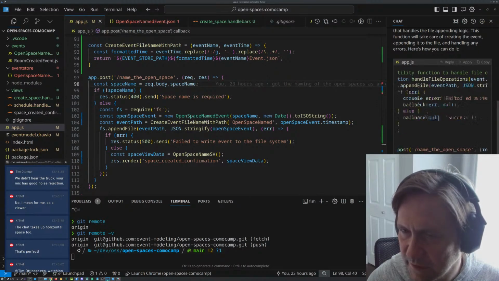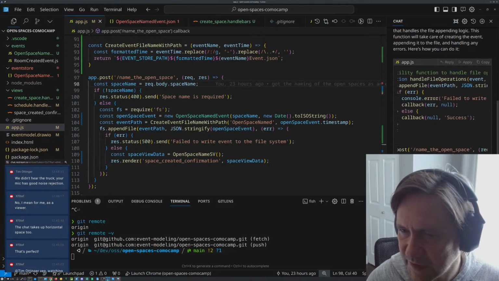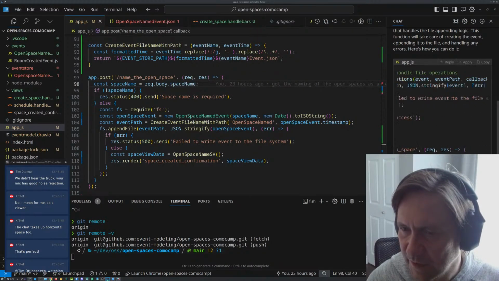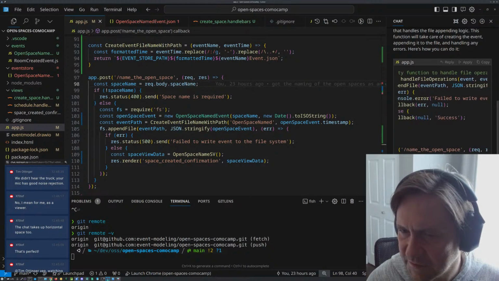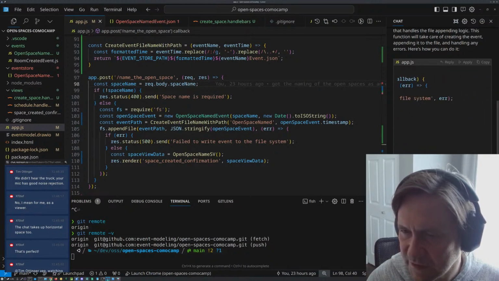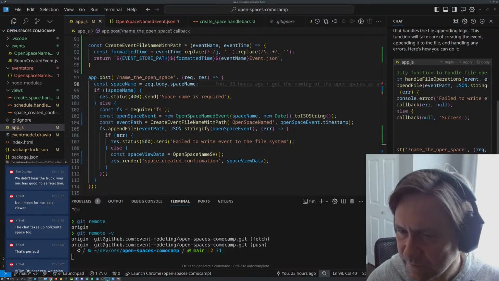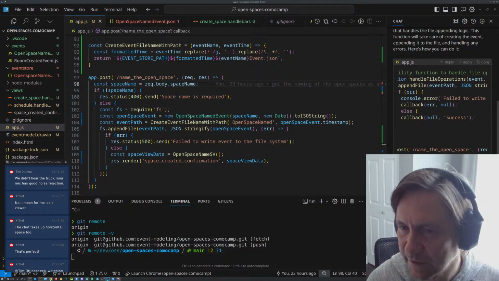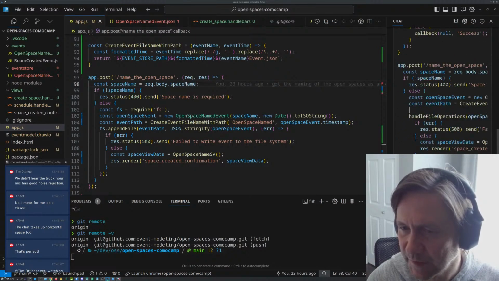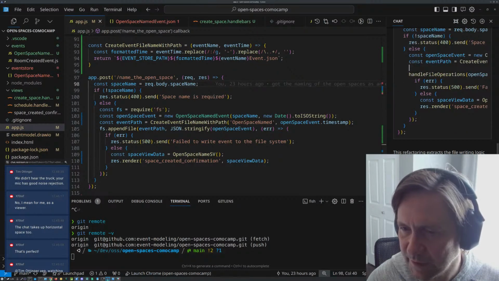It's giving me some stuff, spaces required, status 404. Handle file operations is, oh, yuck. It has a callback thing. I don't want that. Still kind of wordy. I'm going to say don't use a callback.